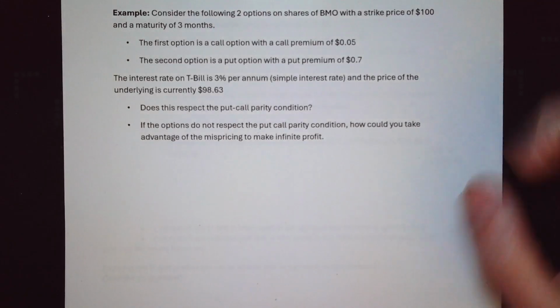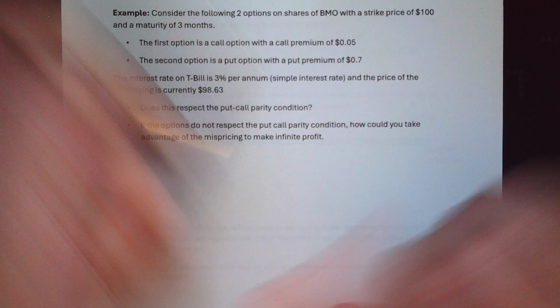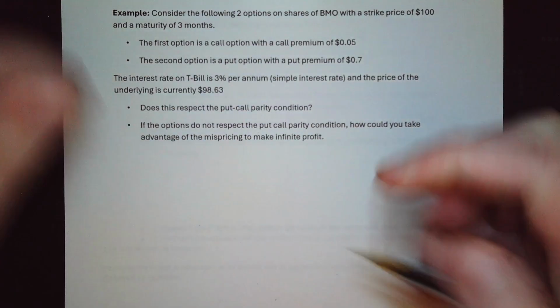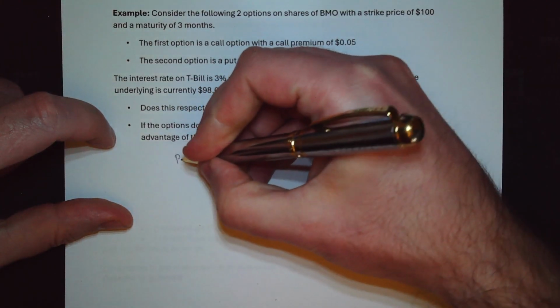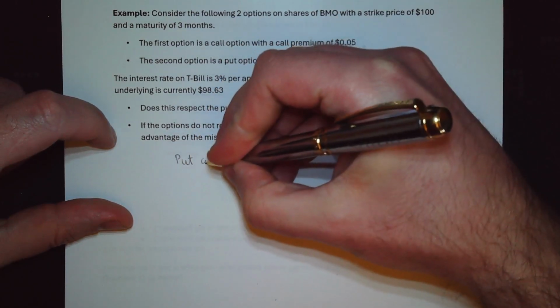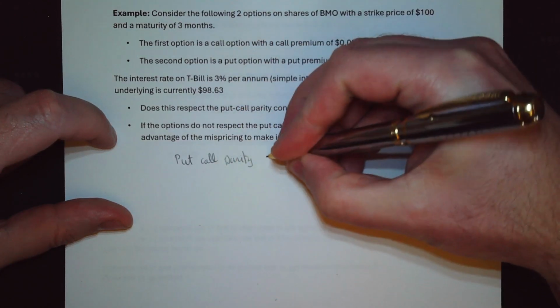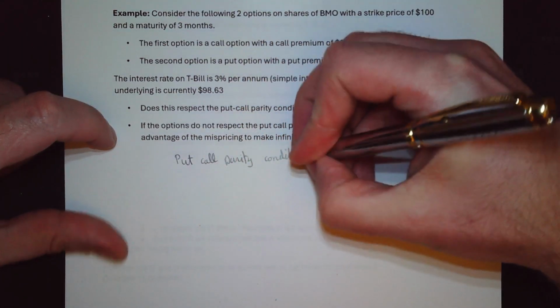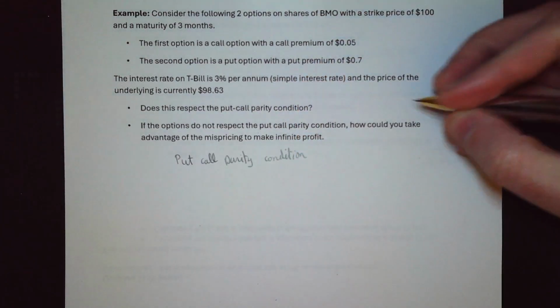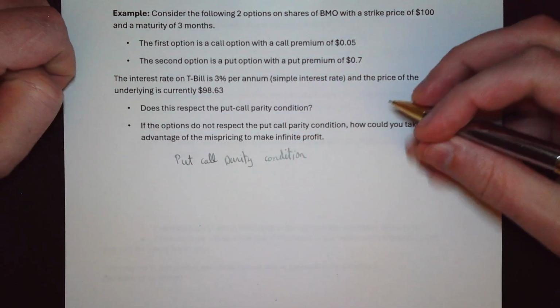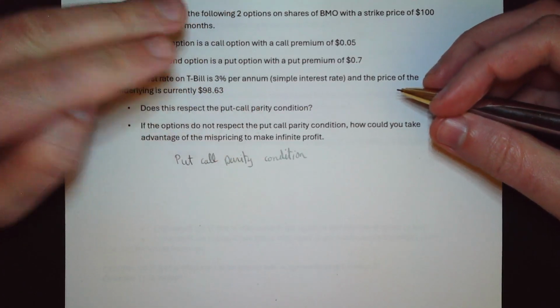In this video, I wanted to answer this question, which relates to the put-call parity condition. The first thing to say about the put-call parity condition is that there's two strategies that should give us exactly